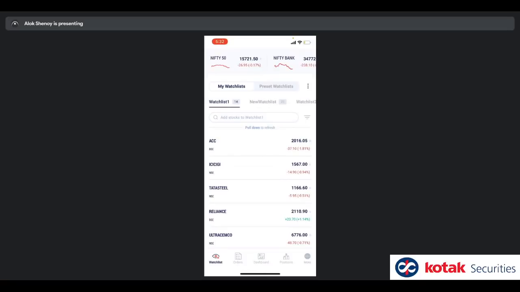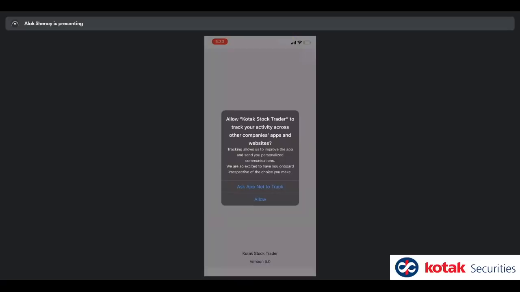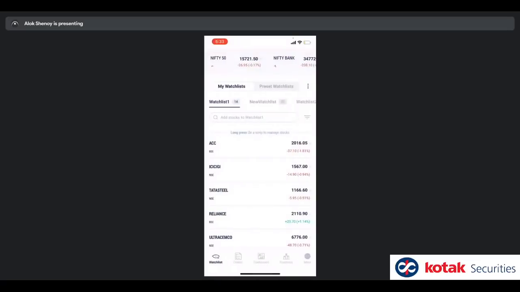Okay, can I take the next one? Yes, please. What, according to you, is the fastest way to execute a trade? Let me elaborate. The question is, is the watchlist the only way to execute the trade, or is there any faster way? The fastest way: I'm going to kill the app and open the app again. The first thing it does is take my biometric and proceed. Now I don't need the watchlist.